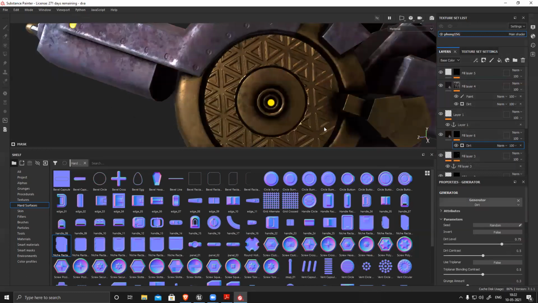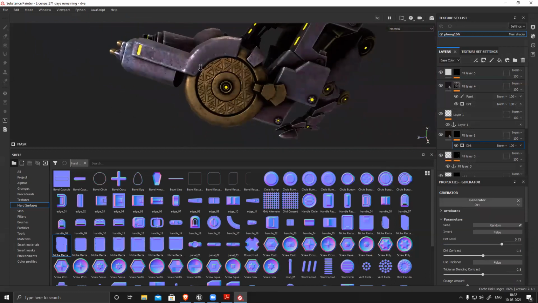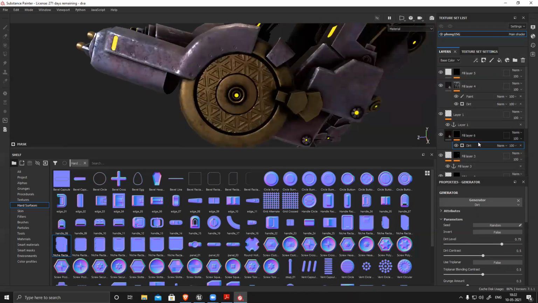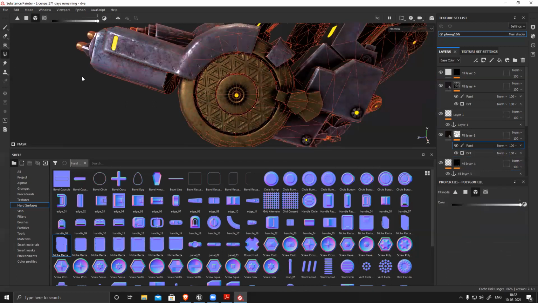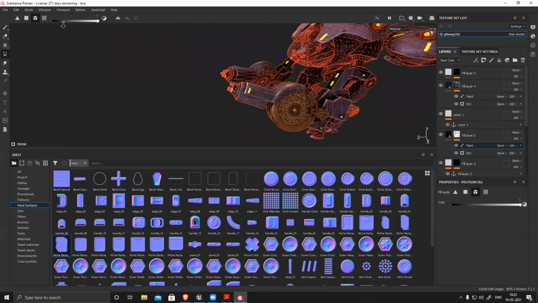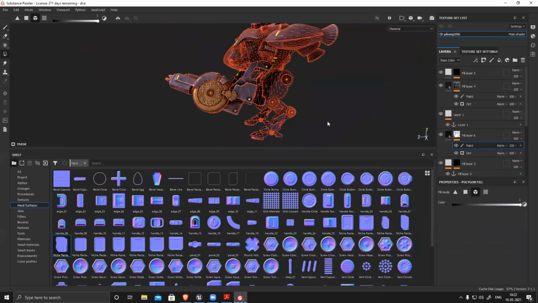dirt. So you can see it's generating dirt everywhere. I don't want it. I want it to affect only this section. Again, same process, add a paint. What I can do is, let's paint, make sure it's black, remove it from everywhere.